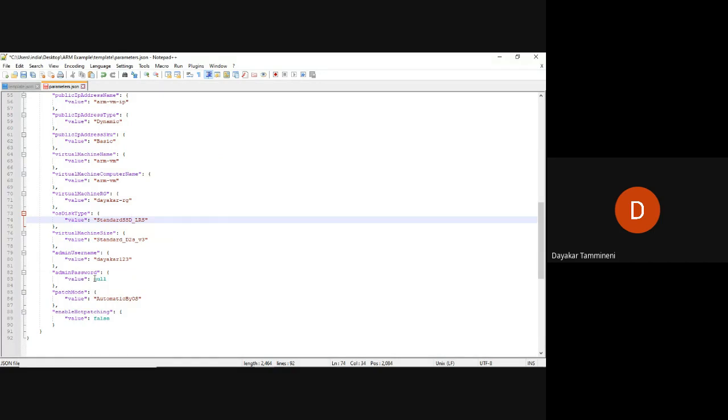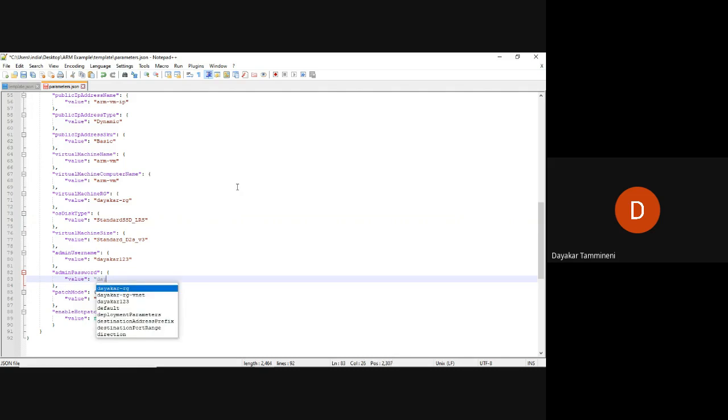I have already given it, but now it is showing null, because password is confidential. That's why I have spelled the password previously. I have revealed the password. What was that password? Dayakar VM @123. So this was the password.